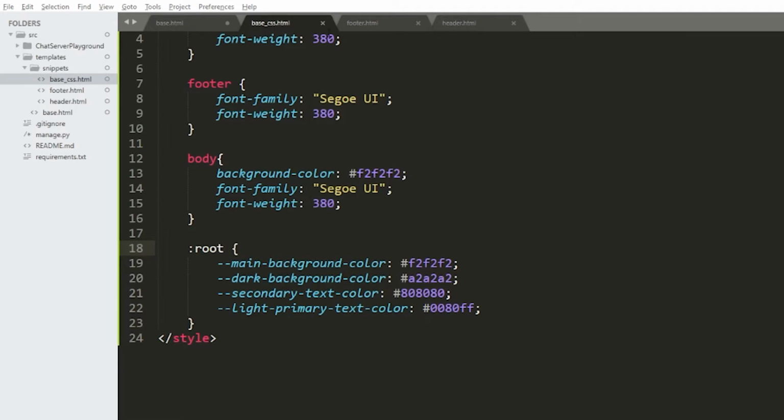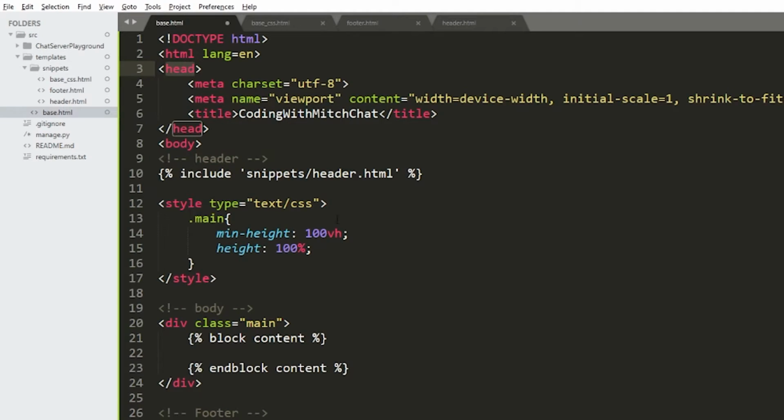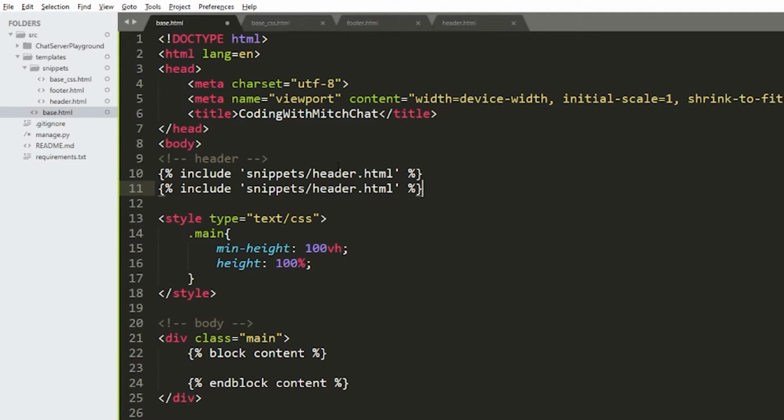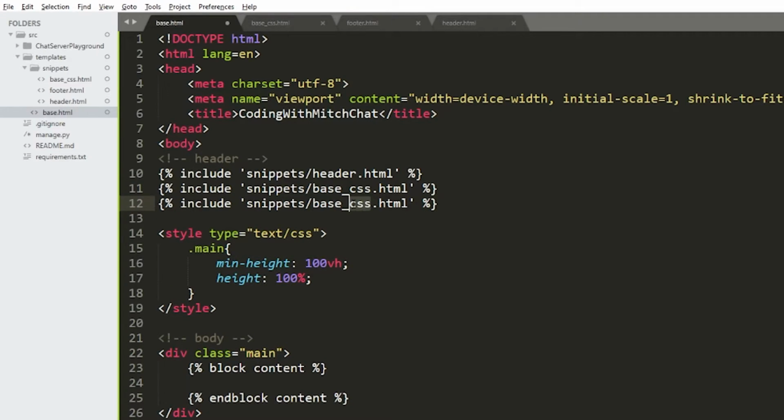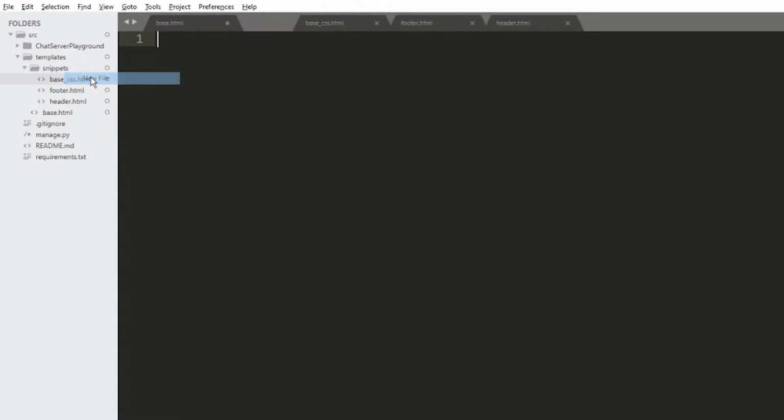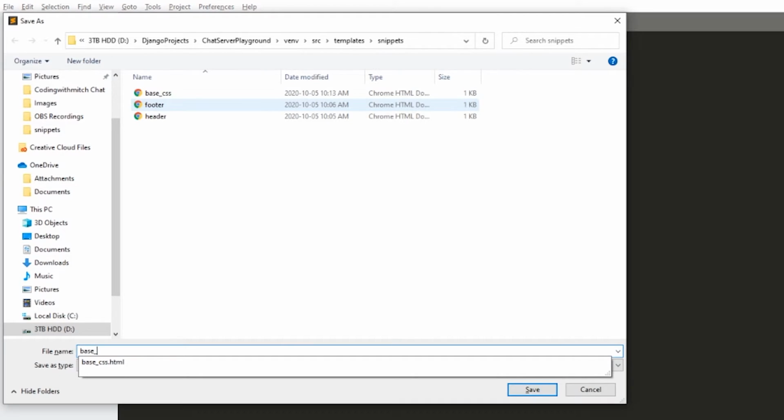All right, so now we have our base CSS, we have our base.html. I want to make sure I include that base CSS file. So inside of our header section here, I'm going to do include snippets, base_css.html, and now we're going to make one more file. This is going to be the base_JavaScript file. So right clicking on snippets, pressing Control S, this will be